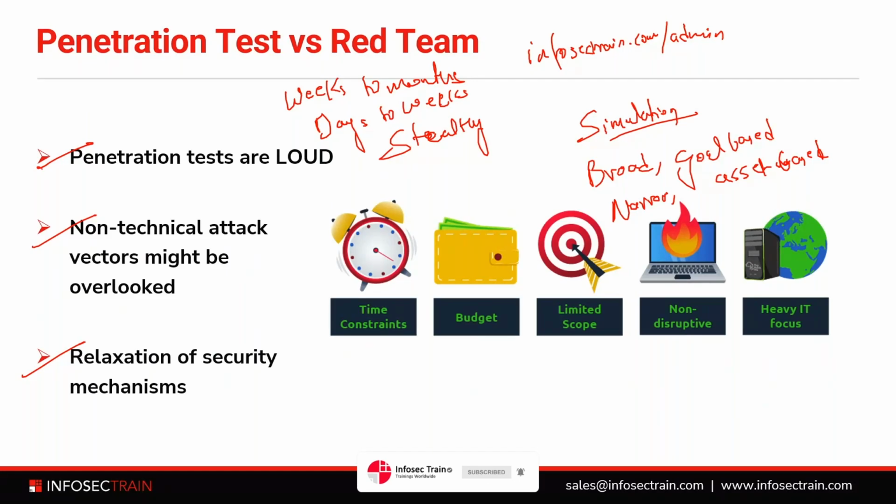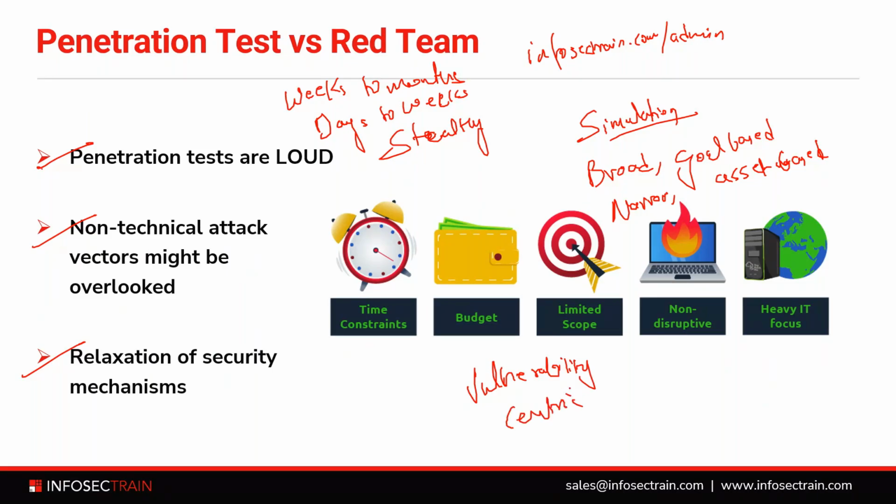Reporting in red teaming, if we talk about the reporting, so it is narrative driven. Attack path, the impact, everything is given, right? In penetration testing, it is vulnerability centric, right? So you talk about CVEs, common vulnerabilities and exposures, that these are the CVEs and this is the severity of the vulnerability,